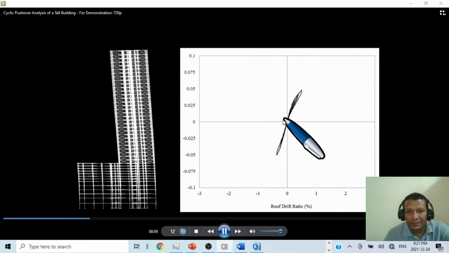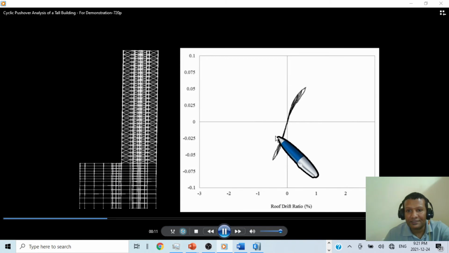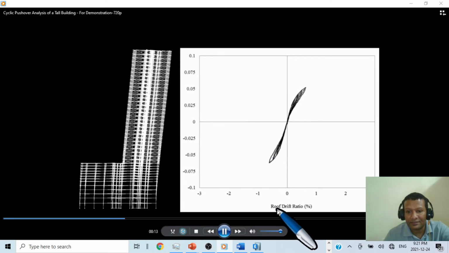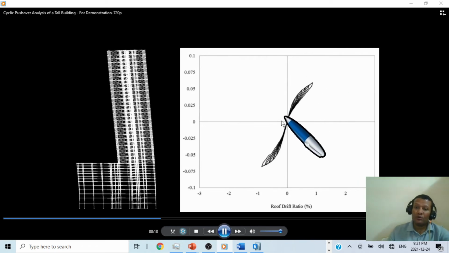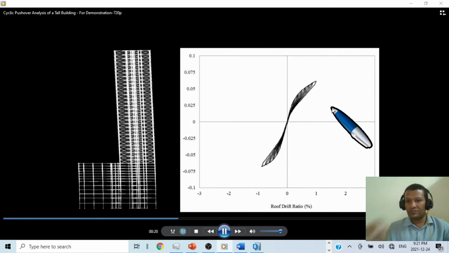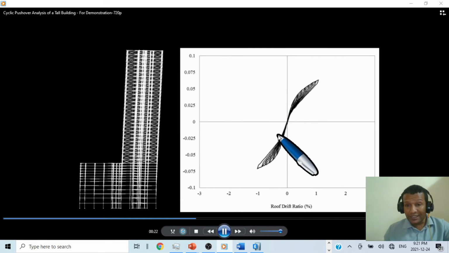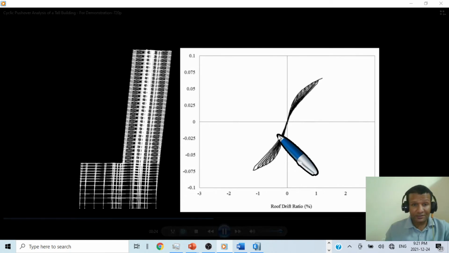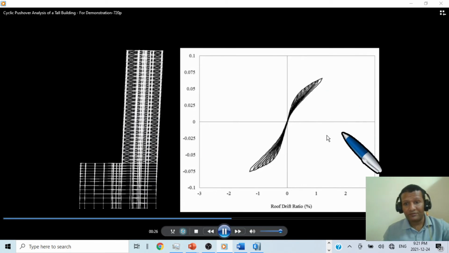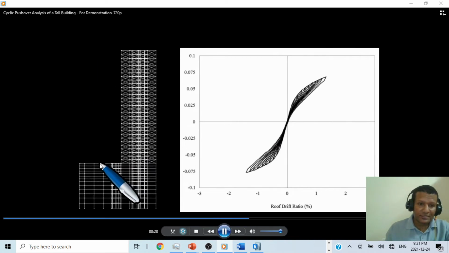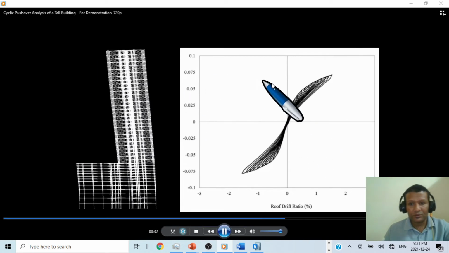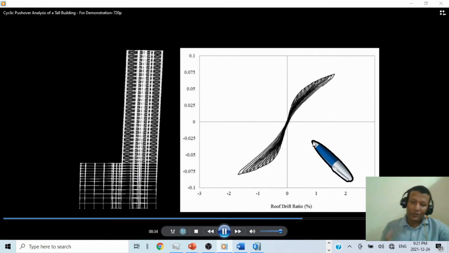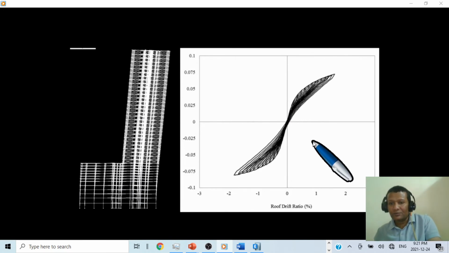Then we will get our hysteresis curve. This pushover, this is our hysteresis curve. Then we will have the backbone, and we will have our force deformation curve. So as you can see, for the first load pattern, we have a different one. Then for the second mode pattern, we have a different hysteresis. For the fourth mode, then once we get this, we will idealize it, and we will apply it into